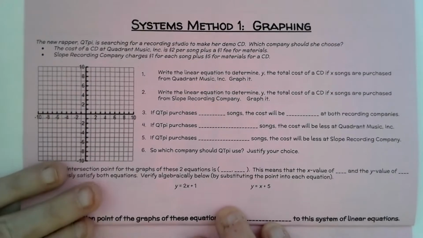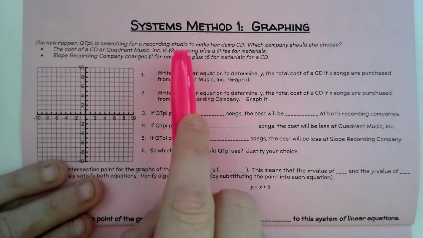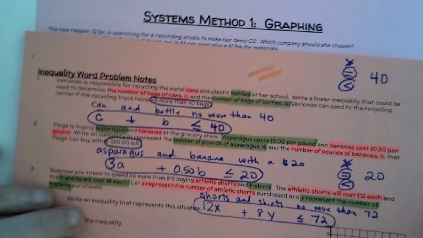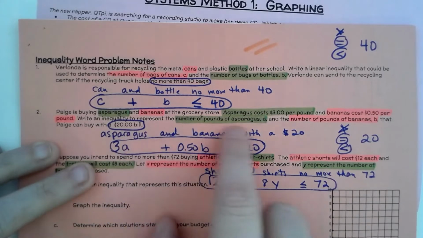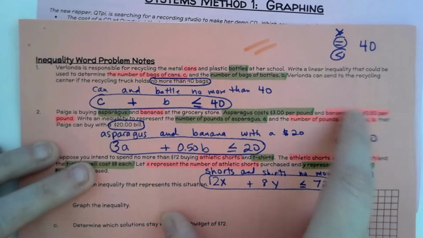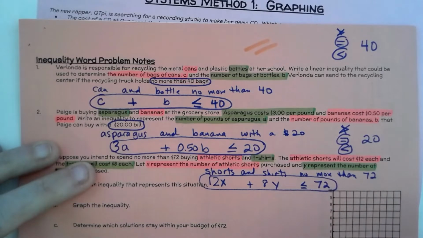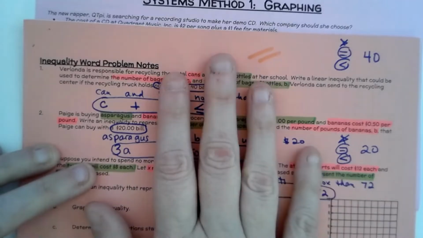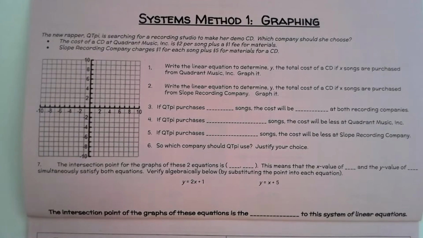first of all, these are slope intercept form equations. I know that because it says I have some amount per plus a fee. So when I have a rate and a fee, that means slope intercept. On the ones that we did on our notes from the last one, we kind of had 2 rates. We had $3 per pound, 50 cents per pound. We had a whole bunch of stuff about asparagus, a whole bunch of stuff about bananas. I know, remember our bougie caveman? Yeah. So when we do standard form, this is how we're going to want to write equations. And it gets even more complicated when we're writing standard form systems. But for now, to help us keep it straight, since we're just learning, what we're going to do